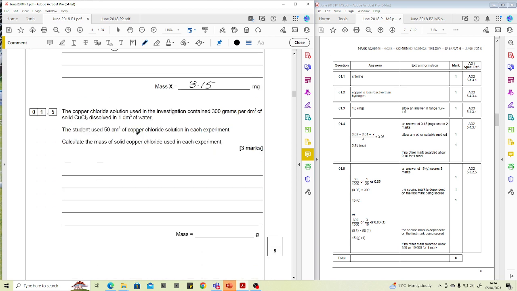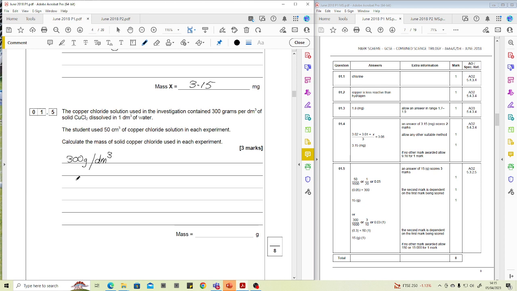The copper chloride solution used in the investigation contained 300 grams per decimetre cubed of solid copper chloride dissolved in 1 decimetre cubed of water. Okay, so let's have a look. That's very strange wording, isn't it? It means 50 centimetre cubed of copper chloride solution, and we need the mass of solid copper chloride used in each experiment. So if it's got 300 grams per decimetre cubed,